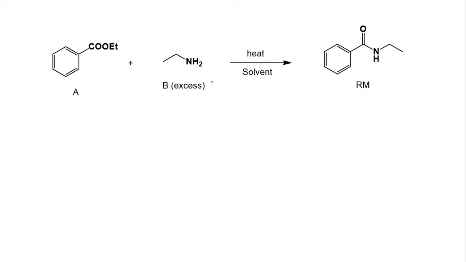Or you can use some other high boiling solvent, ethyl acetate, and you can heat it. So what happens? This NH will attack and OEt will go out. It's just an amide formation, or a substitution kind of thing. NH replaces OEt with this amine part. So you have done this reaction.